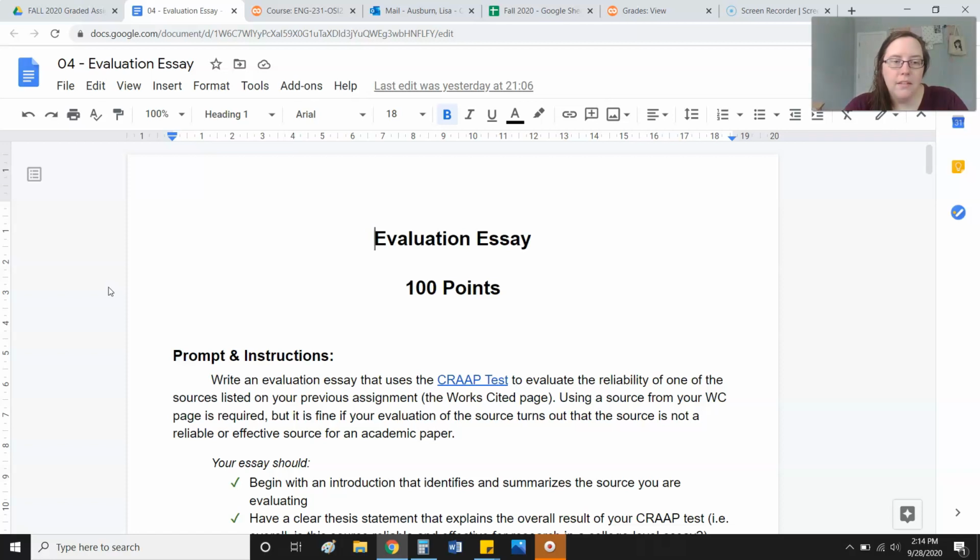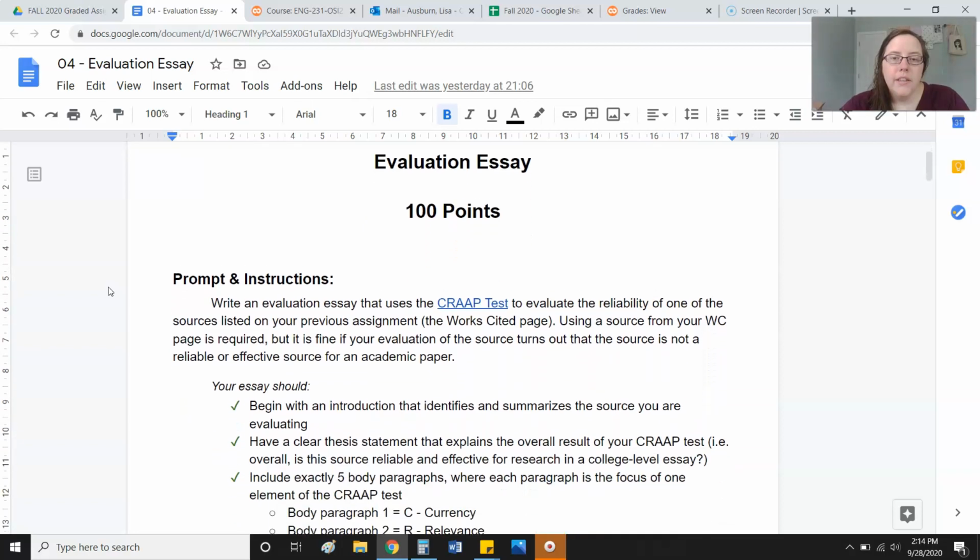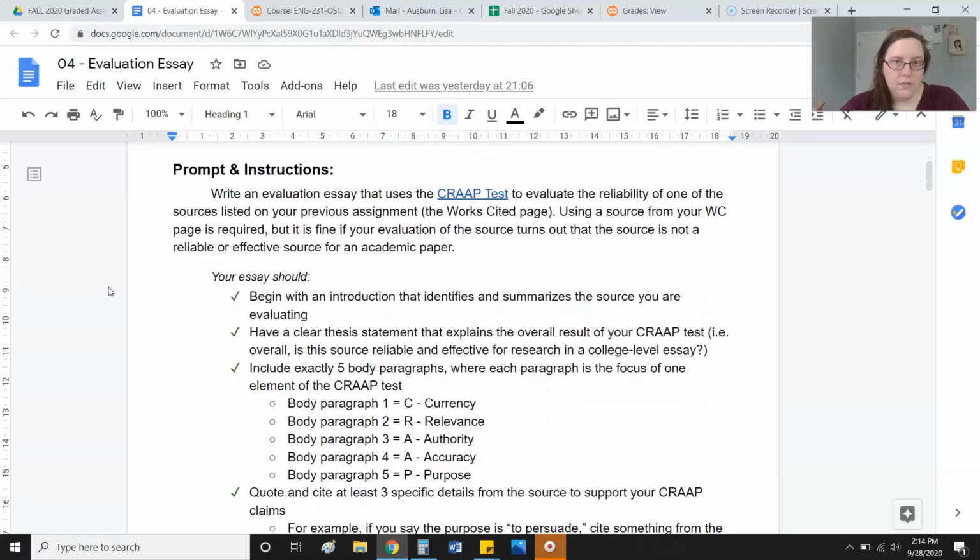What I'm going to do is read through the assignment sheet, and then I will pause and add some extra explanations where necessary. So, prompt and instructions: write an evaluation essay that uses the CRAAP test to evaluate the reliability of one of the sources listed on your previous assignment, which is your works cited page. So use that currency, relevance, authority, accuracy, and purpose test, and the blue link here takes you to